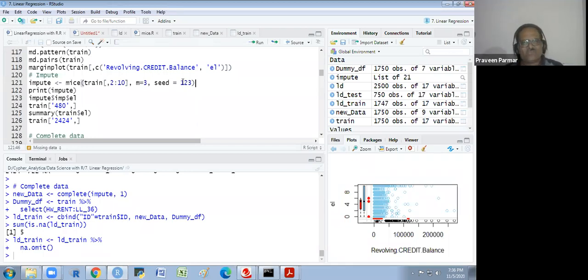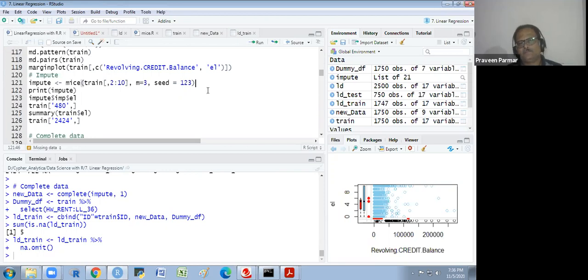One best way, what I feel, for filling the missing value is